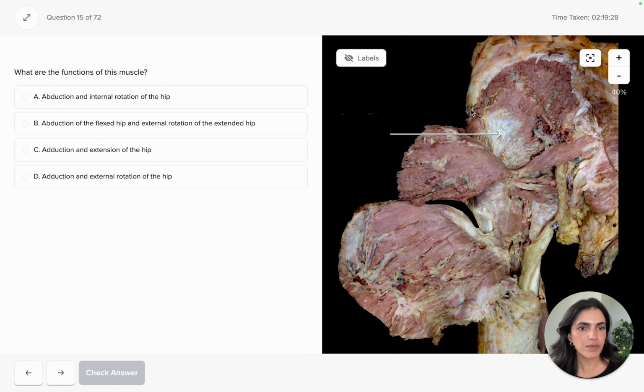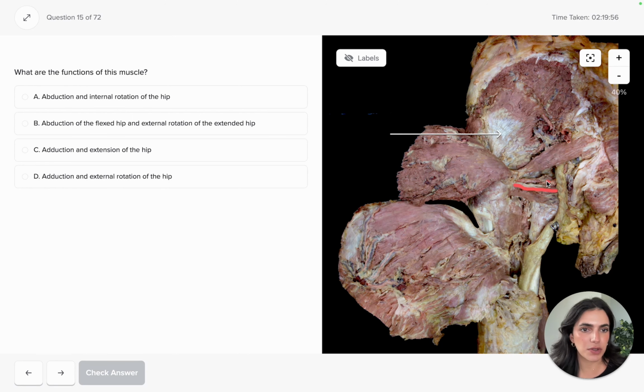We could also see a very large nerve that exits in the gluteal region and travels distally to eventually enter the more posterior aspects of the thigh. And this nerve is going to be the sciatic nerve. We know the sciatic nerve emerges in the gluteal region immediately inferior to the piriformis muscle, which we can see over here. We could also see some muscles such as the obturator internus right over here,